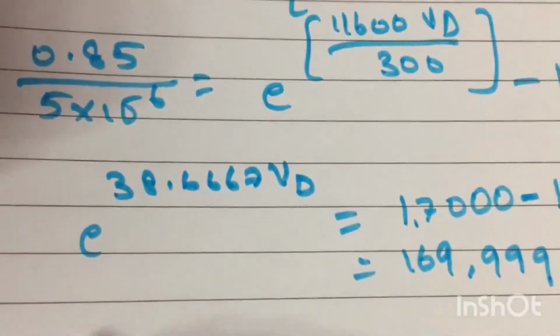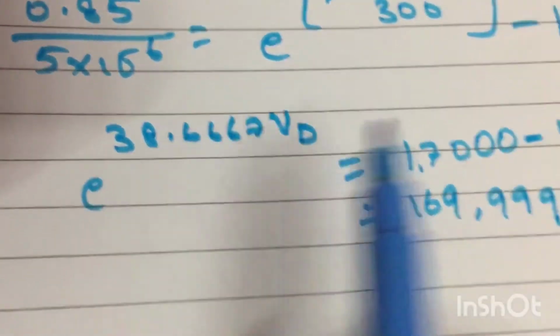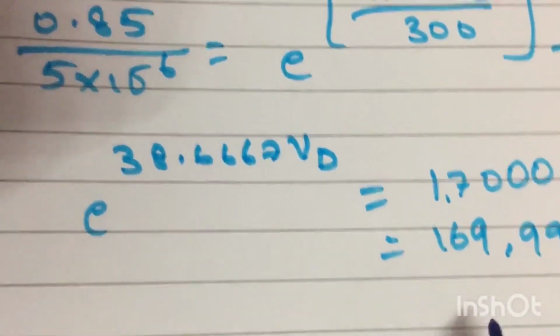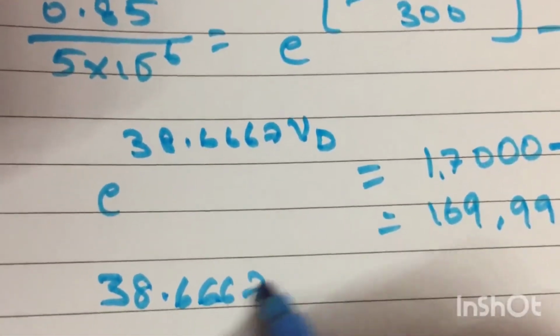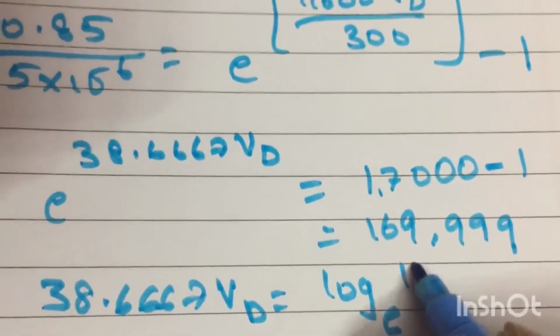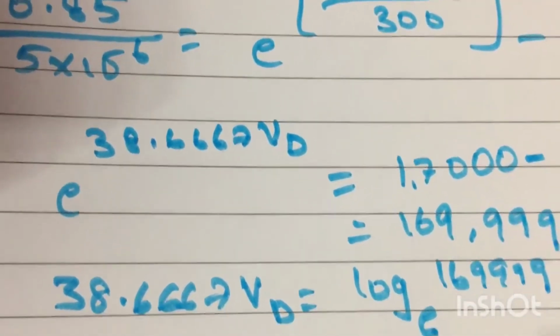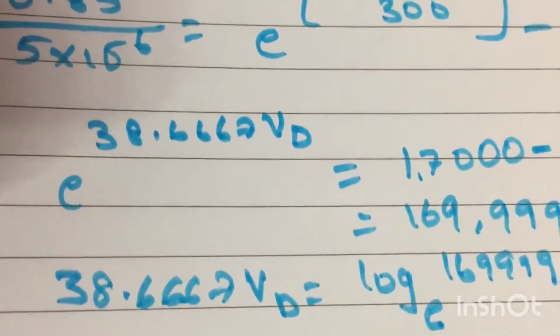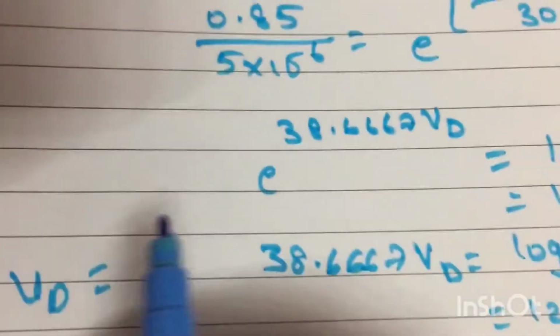So this will be 169,999. If you want to remove this exponential form, when it goes to the other side it becomes a logarithm. So 38.667 VD is equal to log e power 169999. So this value will be 12.04355. So VD is equal to this whole term,